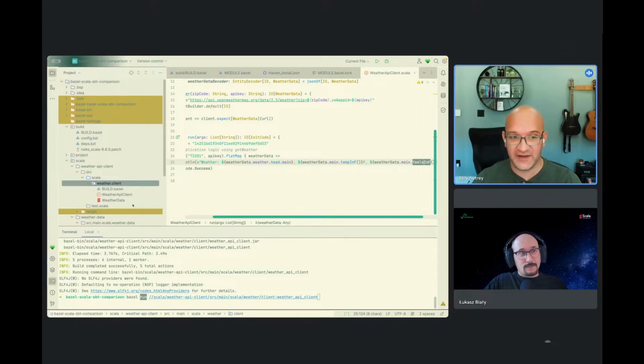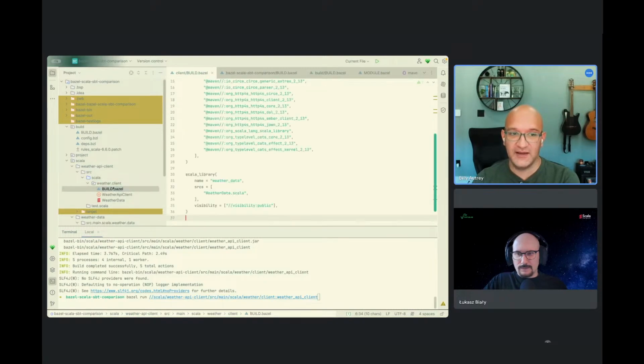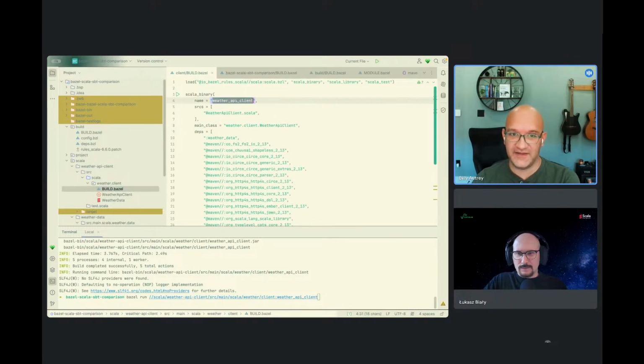And then in that weather/client, I'm using the colon as a separator to say, okay, this client is the package that I'm actually looking for. And in this package, there should be a target called weather API client. And so in this build file, this is where the name comes in. The name is the target that you're using to point your invocation at a specific thing.